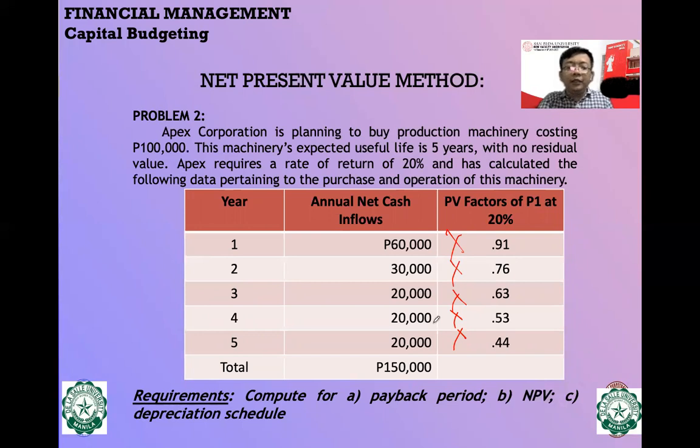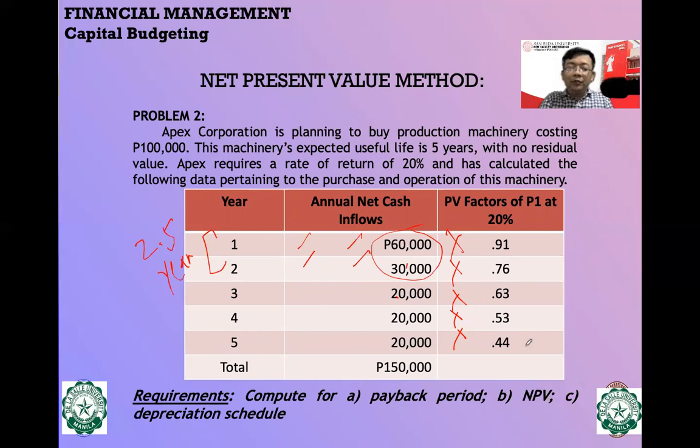Magkano babawiin natin? 100,000. Okay, bawiin na yun sa 2 years. Then, 10,000 divide 20. Ganyan. Tama ba? 2.5 ang payback mo. Alright. Nagets ba 2.5? Okay. 60 plus 30, 90. Hindi pa sapat, di ba? So, may 2 years ka pa. May natira kang 10,000. 10,000 divided by 20, you have 0.5. Nagets ba ako, class? Yes po. Okay, 2.5.